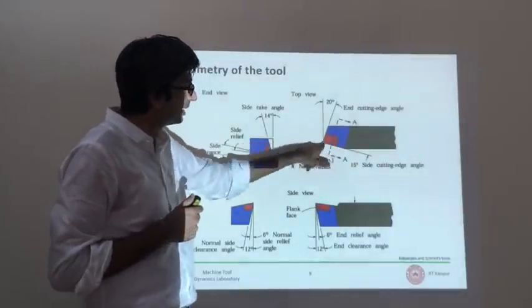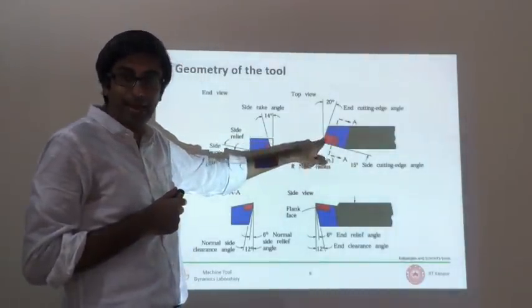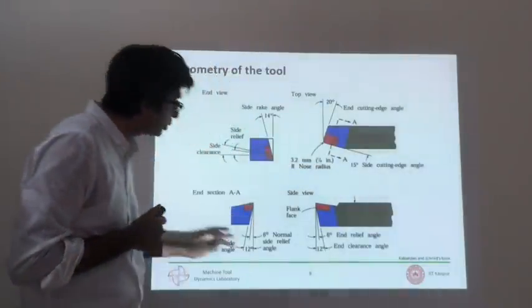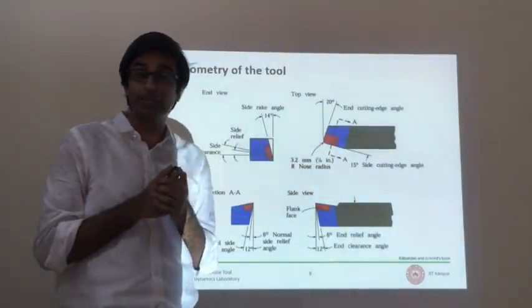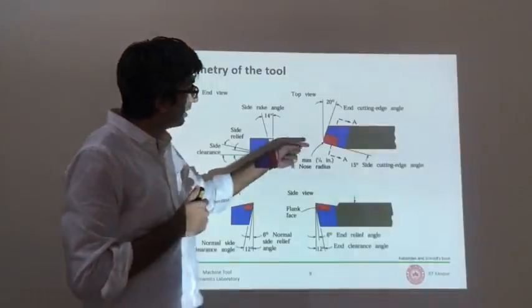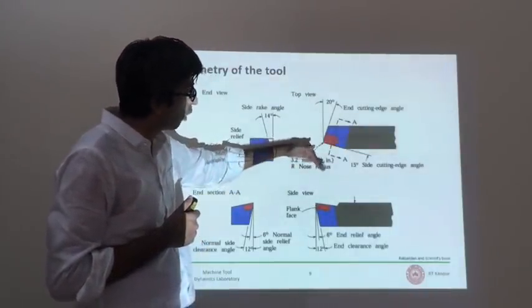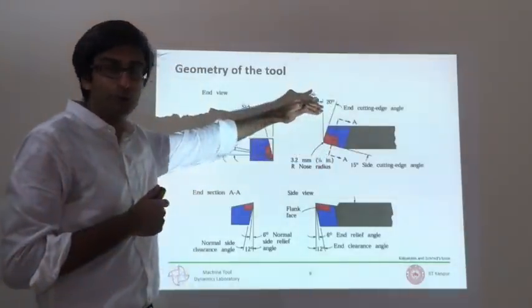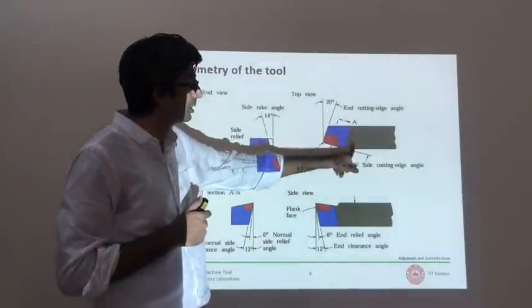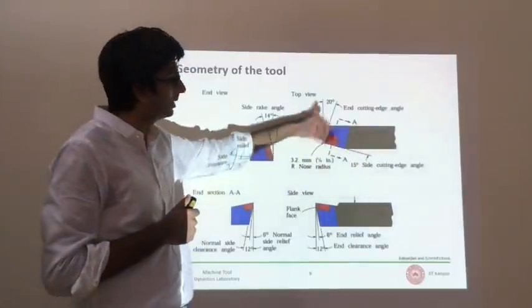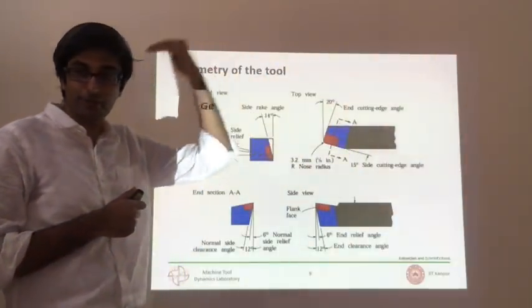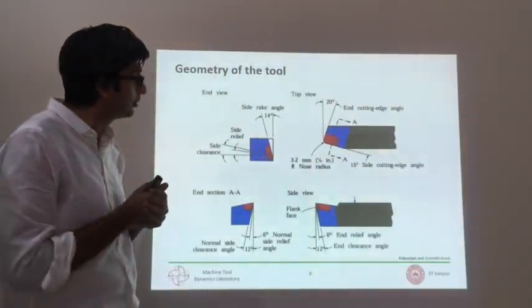So this is the main cutting edge, and that edge is supported by a lot of other geometric parameters which are actually very important. What happens is this: when this is in contact with the workpiece, the chip is formed on this face of the tool. It curls on what is called the rake face, and then curls, breaks, and shears away, and that is how material is removed.